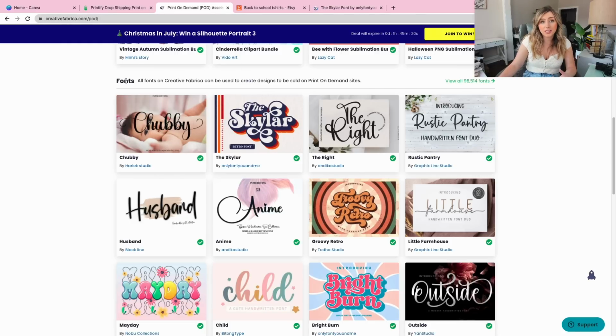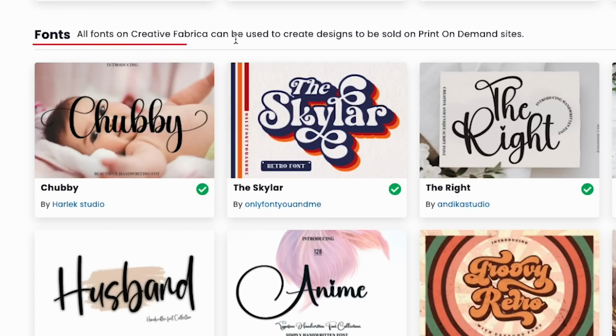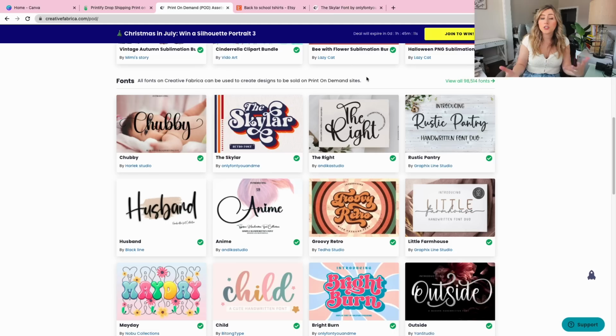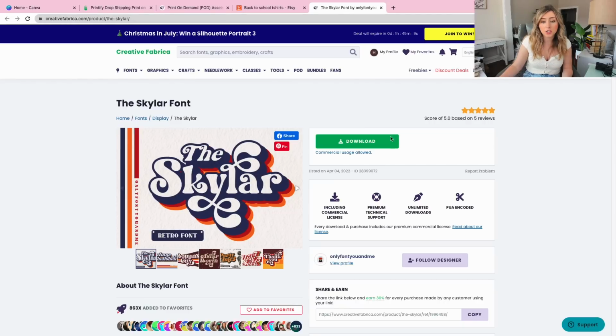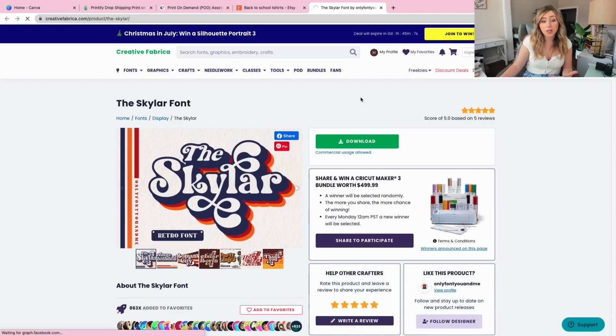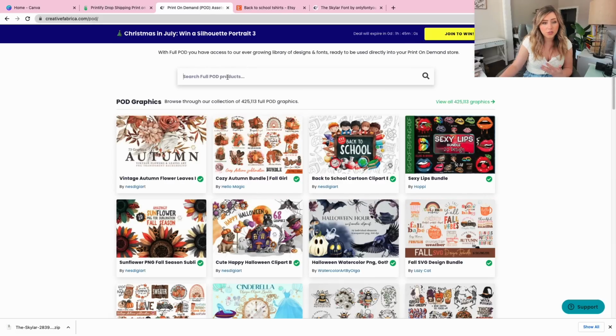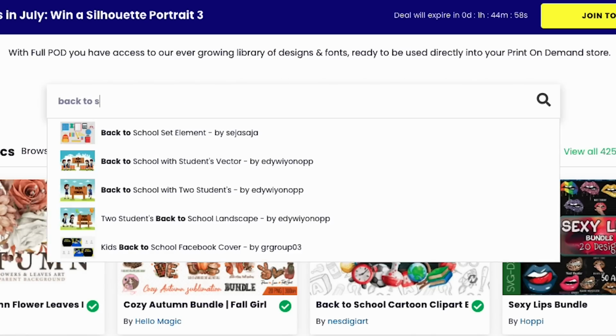As Creative Fabrica says right here, all fonts on Creative Fabrica can be used to create designs to be sold on print on demand websites. So if anyone has a question as far as that goes, just know that this is print on demand usage. So I'm going to download this font and I will show you exactly how we can use it in a little bit. But what I want to do as well is look for some back to